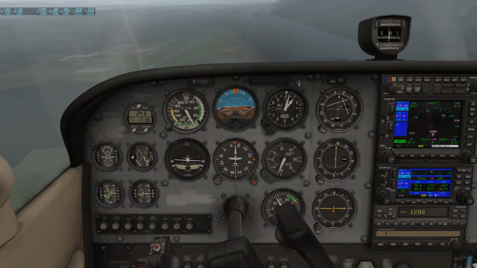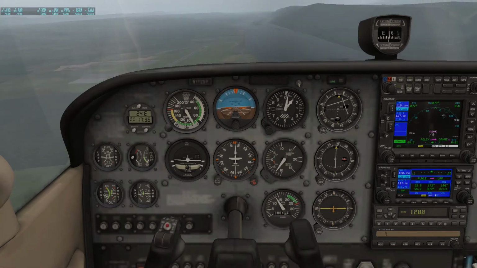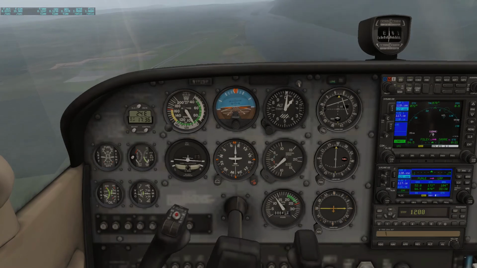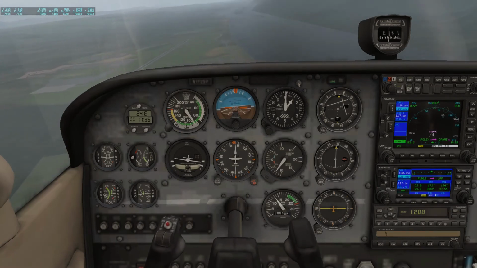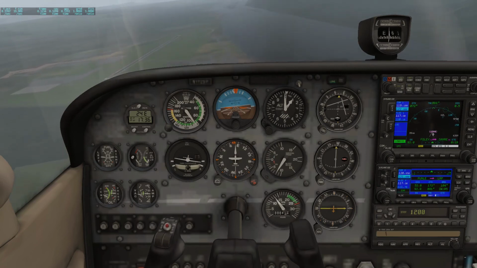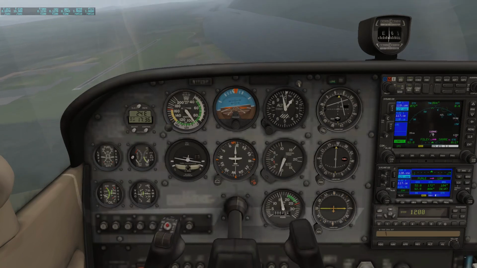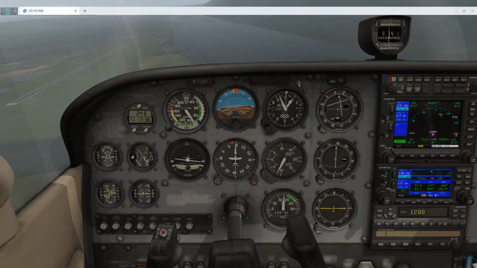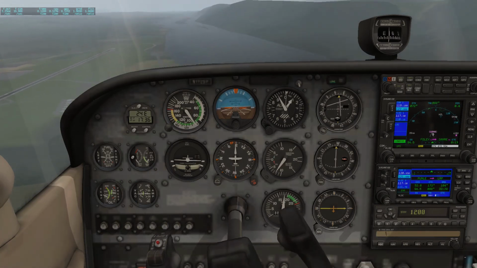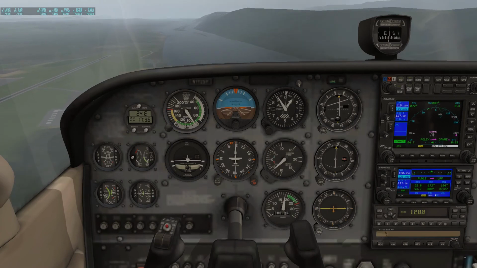So I might announce what I'm doing. I might say something like, Bloomsburg traffic, Skyhawk 2 Sierra Papa is entering a tight downwind for runway 27, circling off the VOR, or actually GPS approach. Now, of course, VFR guys are like, what was that? And they don't know what that means, but